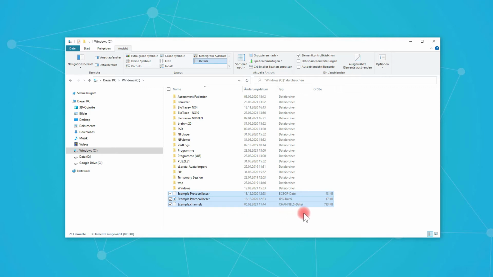And we see here the type of file. In this case, it is a .channels file. This is the information about what part on the screen is linked to what function. Sometimes you don't need new channels for every training protocol if we use the same channels file. What you need at least is these 2, and it says example protocol